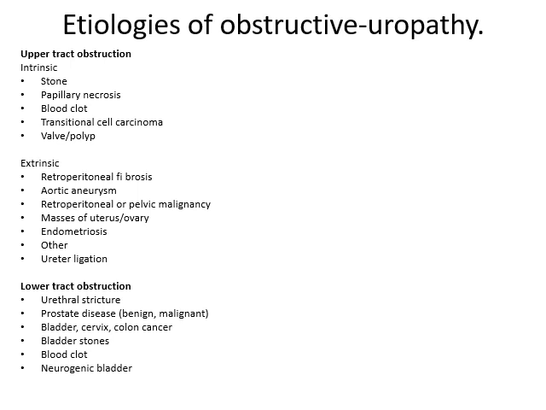Okay, the extrinsic causes: retroperitoneal fibrosis. Remember, the kidney is a retroperitoneal organ together with the ureter. So let's say following chemotherapy, someone develops retroperitoneal fibrosis, it can lead to obstruction of the urinary tract. Another thing that can occur is if they have some masses in the uterus or in the ovary, or if somebody has